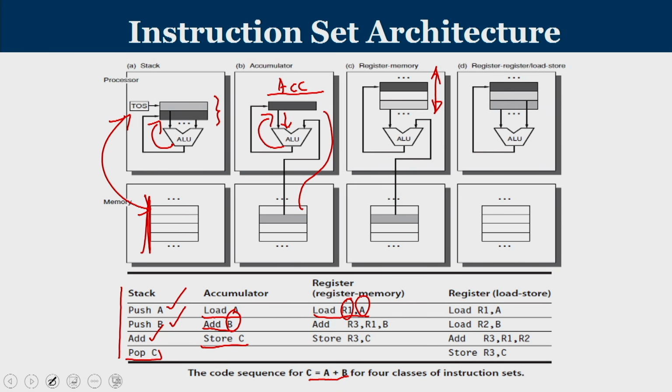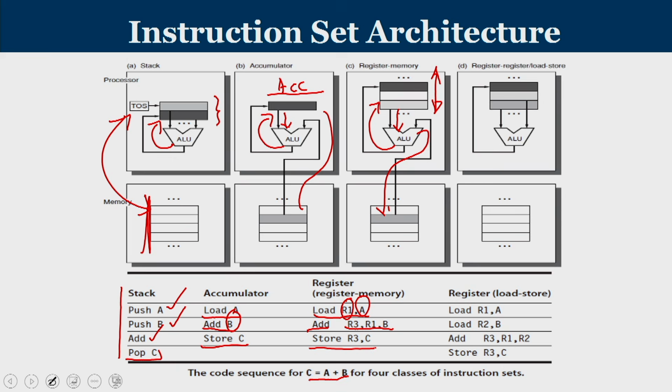And when you perform an add operation, the resultant should be there inside a register. One of the operands will be a register, but the second operand can be from anywhere in memory. So, add R3, R1, B means the content of R1 is added with the content of memory location B, and the resultant is stored in register R3, and to transfer the result that is already available in register R3, we use store R3, comma C, wherein at the end you get the final result in the variable C.